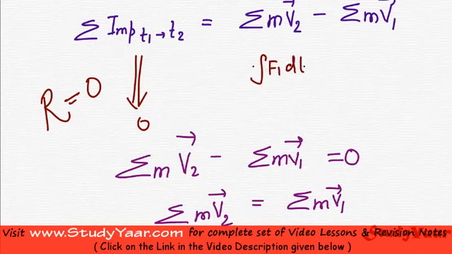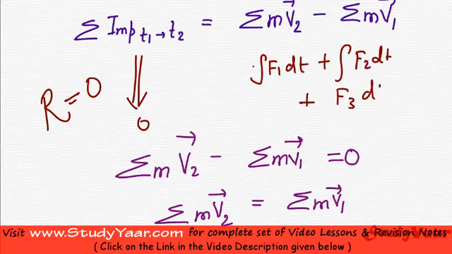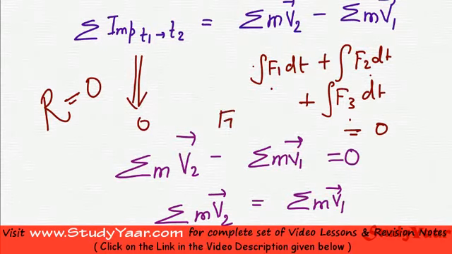It's basically f1 dt plus f2 dt plus f3 dt and so on. Now if your f1, f2, f3 together make a 0, then you get this sum of integrals as 0. If your f1, f2 and f3 are constant, not dependent on t, and f1 plus f2 plus f3 is equal to 0, then you have your momentum conserved.